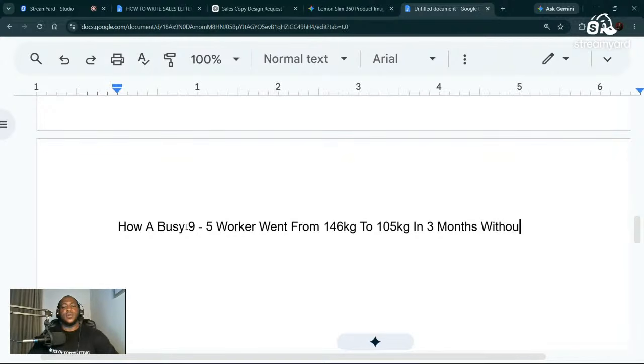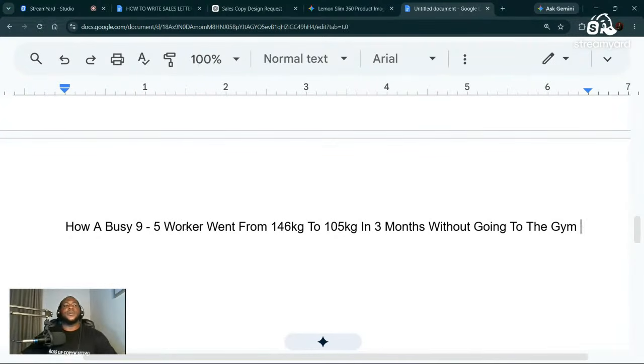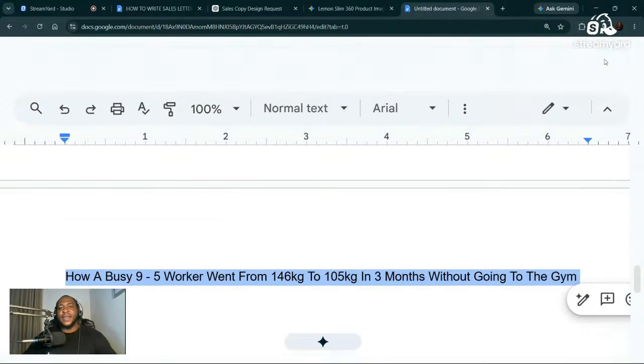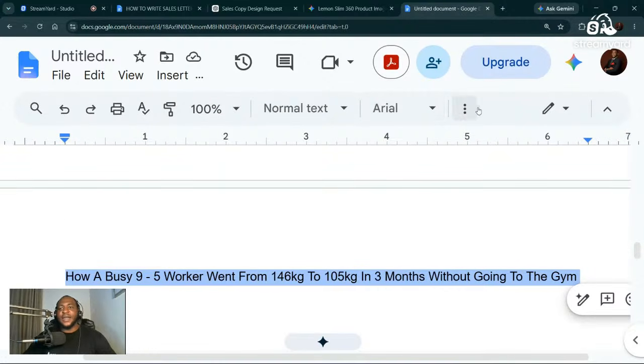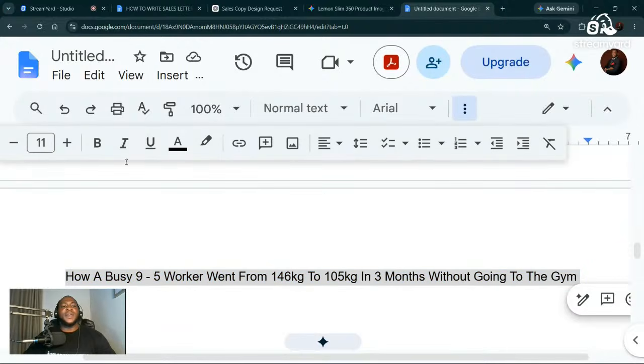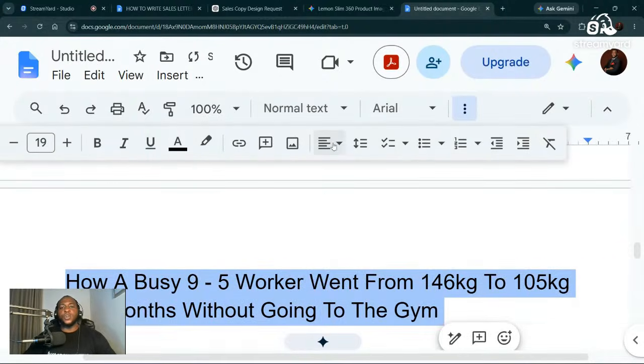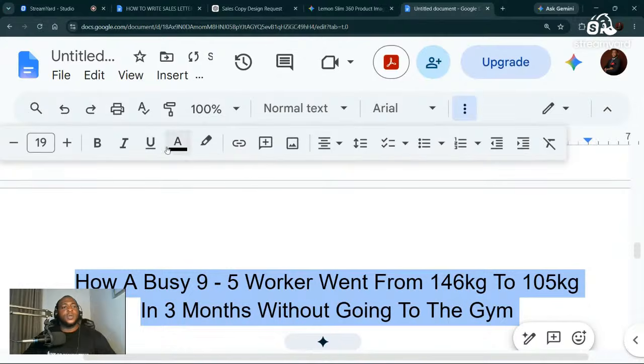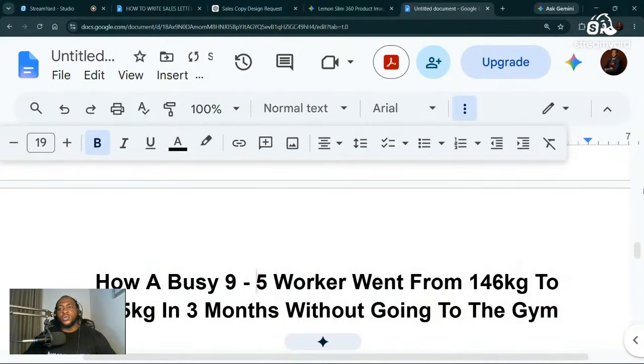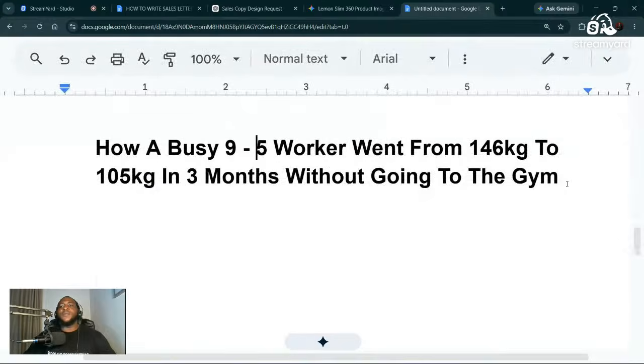without. When you're writing a headline, always have that "without" system, without going to the gym. Now you don't need any other thing again. The problem is that most people always want to bulk up their headline. They start writing a lot of things in their headline, and it makes it lose its strong appeal. You don't need to write so much in your headline. Let your hook do the remaining job. Do you understand? So you can see how we've written the headline.